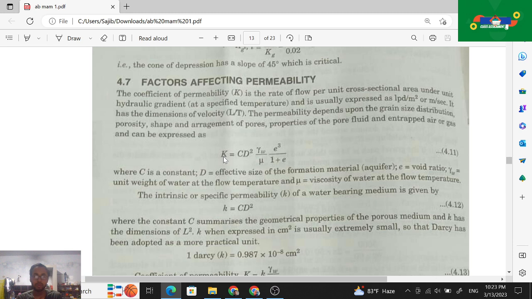The coefficient of permeability K is the rate of flow per unit cross sectional area under unit hydraulic gradient at a specific temperature, and is usually expressed as 1 pd per meter square or meter per second, and it has the dimensions of velocity L by T, and the permeability depends upon the grain size distribution and porosity, shape and arrangement of the pores. Properties of the pore fluid and entrapped air or gas can be expressed in K equals C d square gamma w by mu